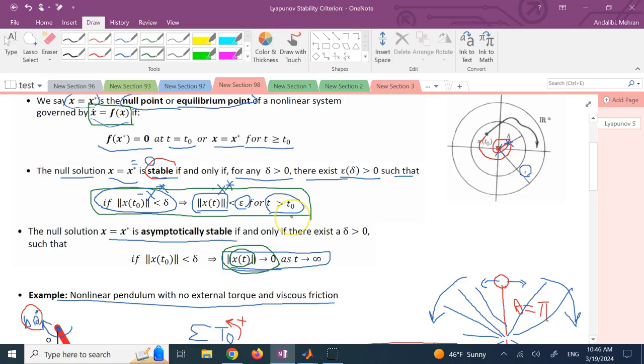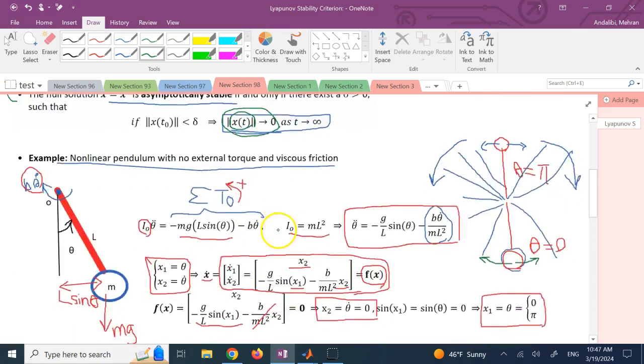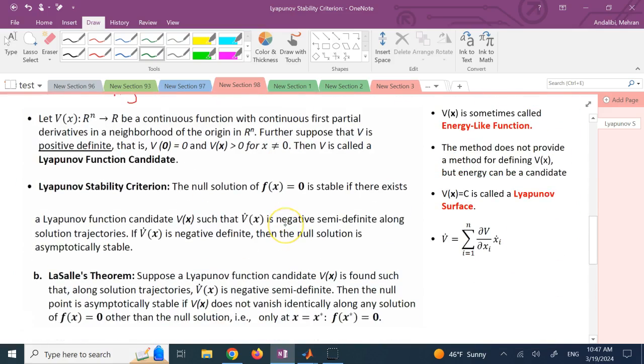Okay, because you might say under one simulation it worked, under another simulation, another different condition, it might not. You cannot exhaust all possible scenarios. So this epsilon delta is not really something that we could use. So Lyapunov did this. He said,